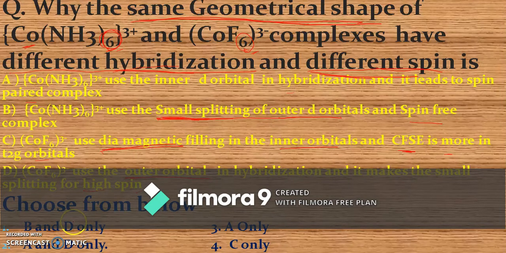So today we are going to discuss the NEET Chemistry questions. This is part 34 of the series. In this series, particularly, we are going to discuss coordination compounds: how the complexes have their hybridization and spin, low and high spin, and whether the inner d orbital or the outer d orbital participates in it. Okay, so what is behind the weak field and strong field ligand, and how the splitting happens with low and high spin. These are the important things we discuss today with coordination compounds.